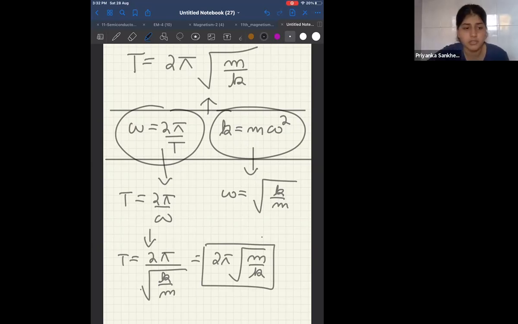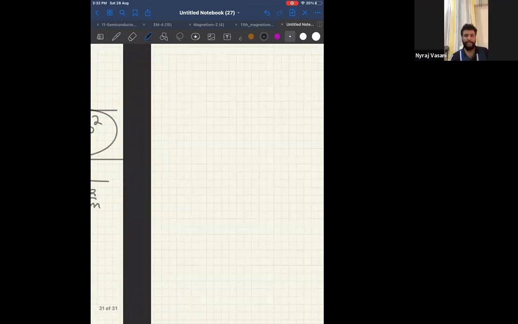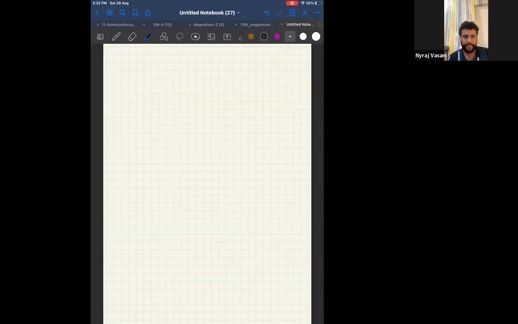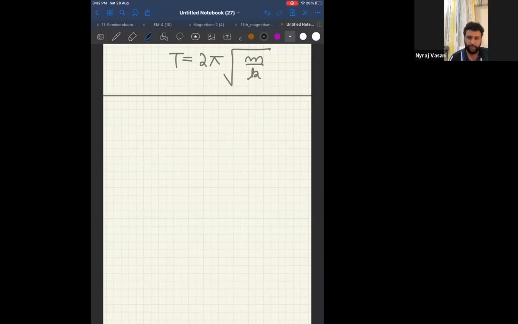Sir, can you explain again? I'll explain on a blank page so that you can understand it better. T is equal to 2 pi under root m by k. This I have to prove. And I know two formulae. Tell me the two formulae that I know. I know omega is equal to 2 pi by T. Everyone should know this formula. And I also know k is equal to m omega square, the spring constant formula. Do I know these two formulae? Yes. Then,